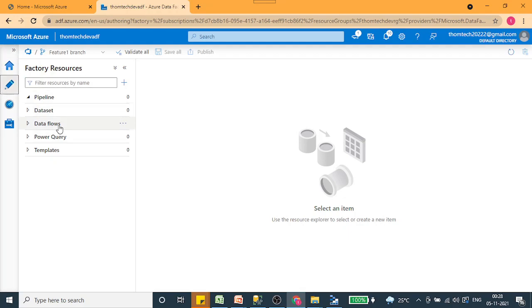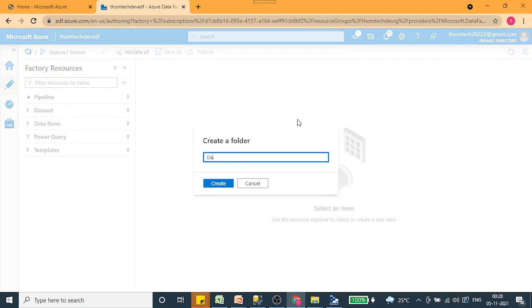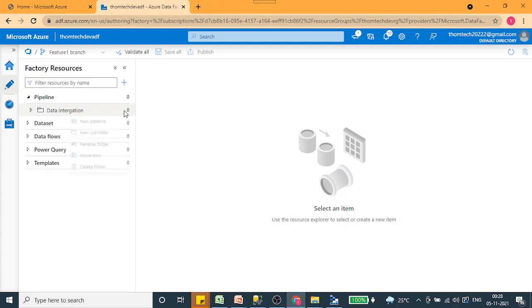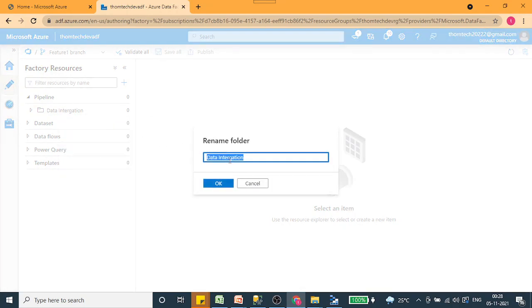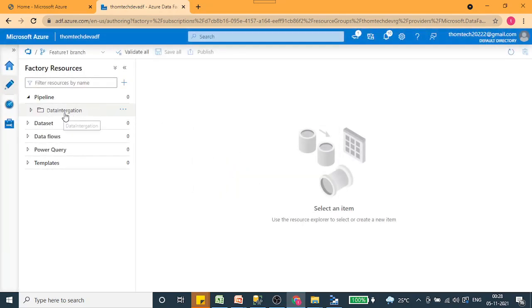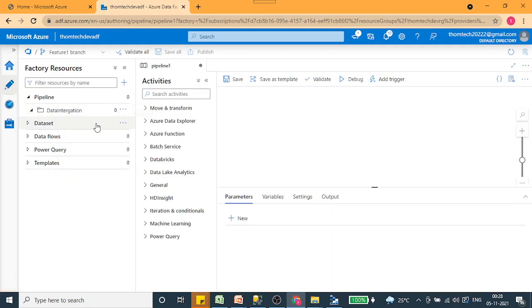Now let's go to the data sets. Before that, let's create a quick folder, data integration. This is my project or folder name. Expand this, go over here, and create a new pipeline.